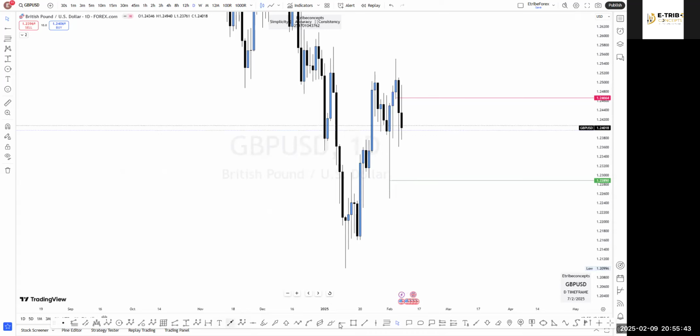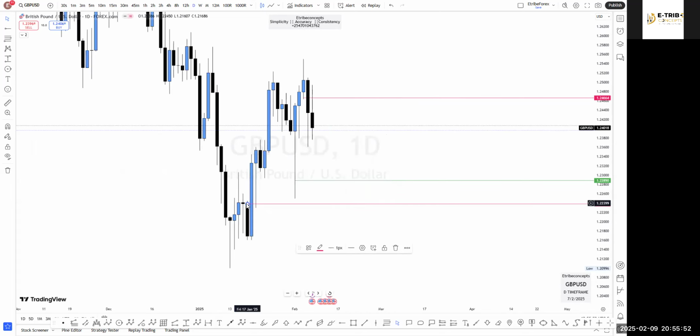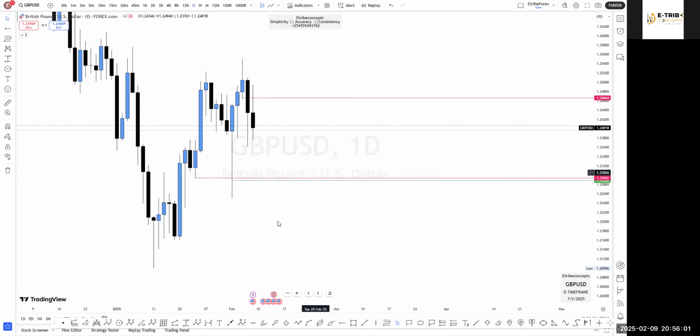Because this area, this time frame, daily liquidity hasn't been fully tapped in. Before we get there, of course, we must start with this area. Before we get there,